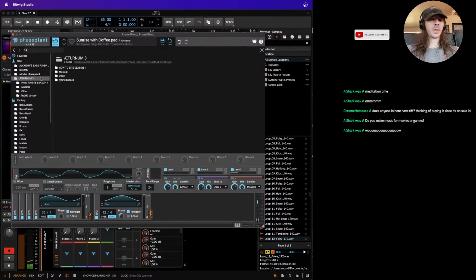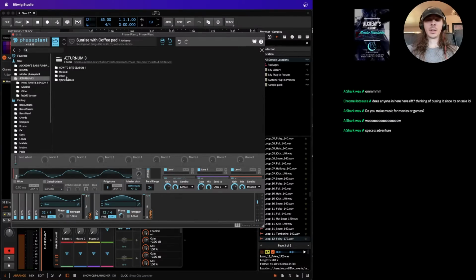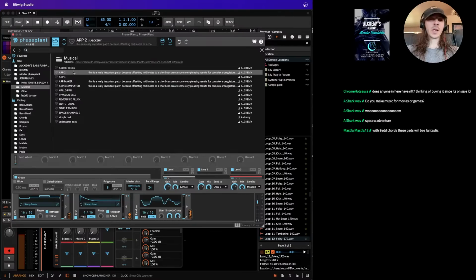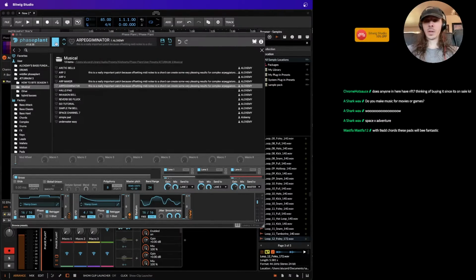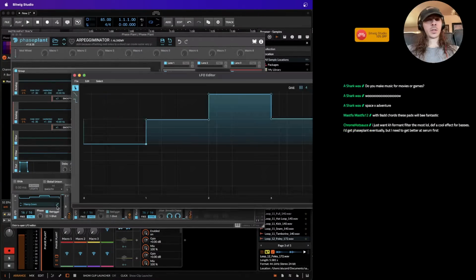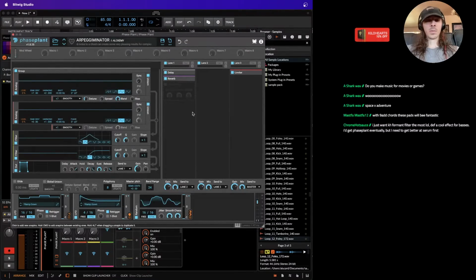And then there's some other stuff too. I would say one of the biggest weaknesses of Faceplant is that it doesn't have some kind of arpeggiator or whatever. Well, it does, but it's a little bit more difficult to do. With 9 added chords, pads would be fantastic. Yeah, so you can actually use the step modulator here like you could in Serum to create an arpeggiator or something, but